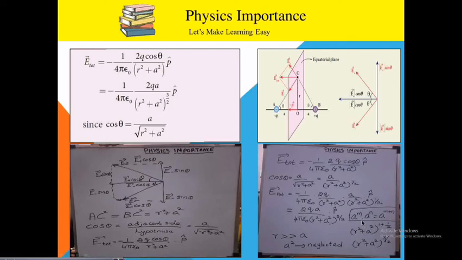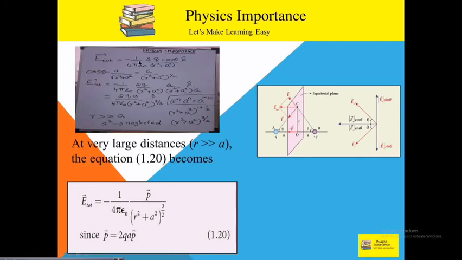We know the mathematical formula: A power m into A power n is equal to A power m plus n. So here we can write R square plus A square the whole power, here nothing given means we can take it as 1, and here it is 1 by 2. So 1 plus 1 by 2 is equal to 3 by 2. Now we are substituting in this place, that is R square plus A square, that is 1 plus 1 by 2, equal to 3 by 2. Now here we have to consider one condition, that is R is very much greater than A, so that this term can be neglected.